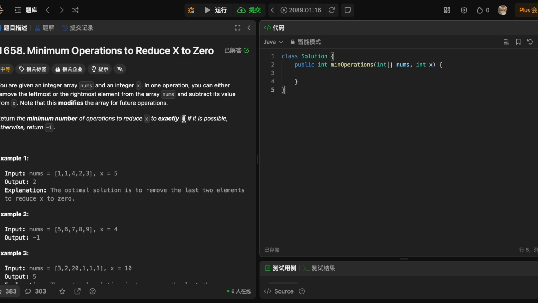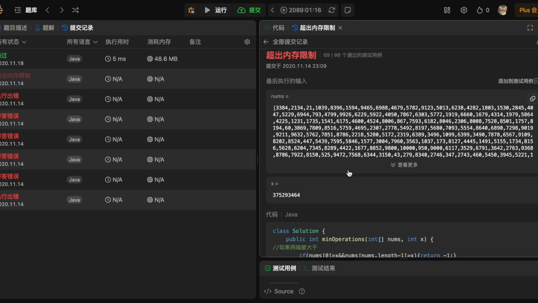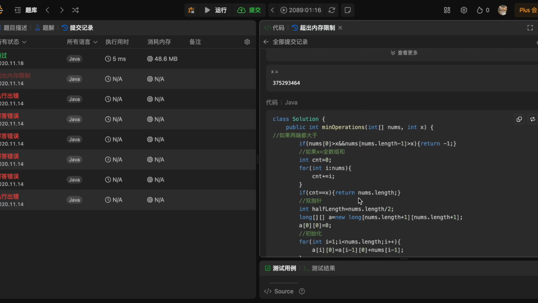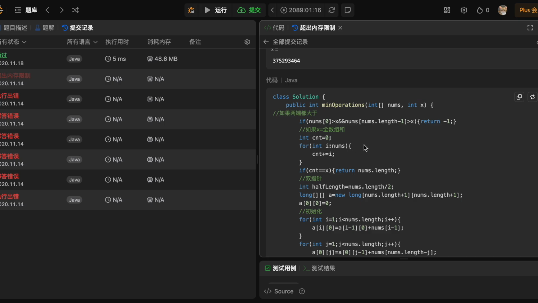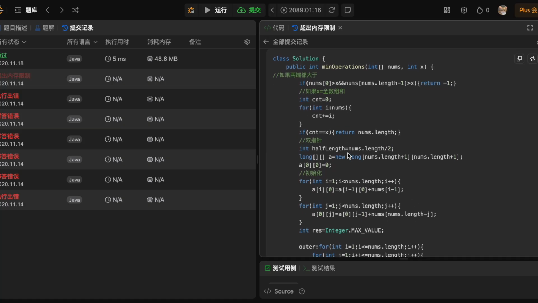Otherwise, return -1. So when I first saw this question, I thought about using dynamic programming, the DP. Since the numbers are always taken from both ends of this array, we can use a two-dimensional array. The first dimension stores the numbers from the left, and the second dimension stores the numbers from the right. When the sum of the numbers from the left and right equals x, return the indices of the array. That is how I thought, and I practiced that